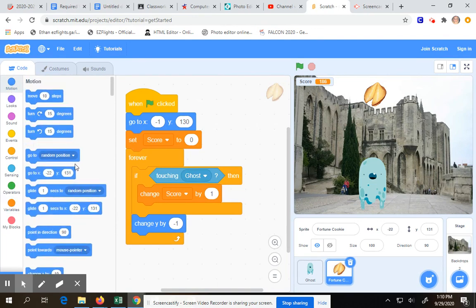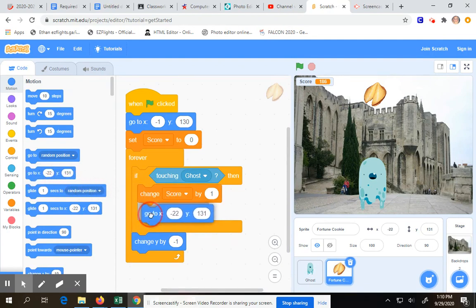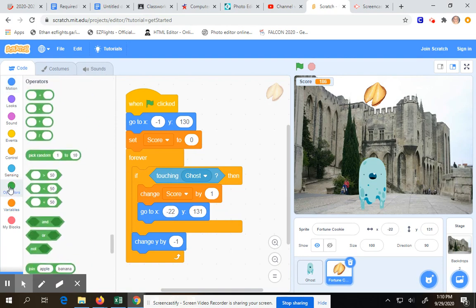If you look under the motion category, we're going to use the go to X and Y and put that under our change score by 1. Now, in these areas that have these numbers, we can also put shapes in there as long as they match the shape. So go to your operators category and take the pick random 1 to 10,